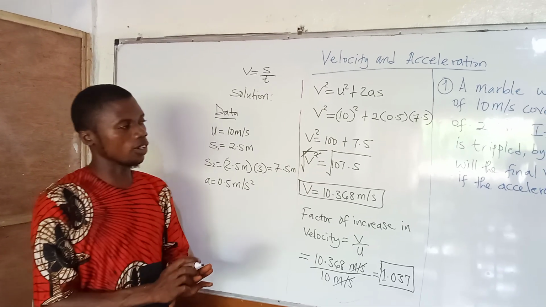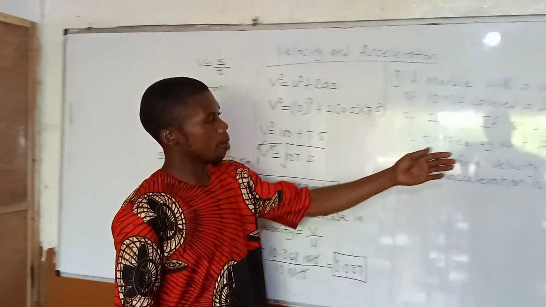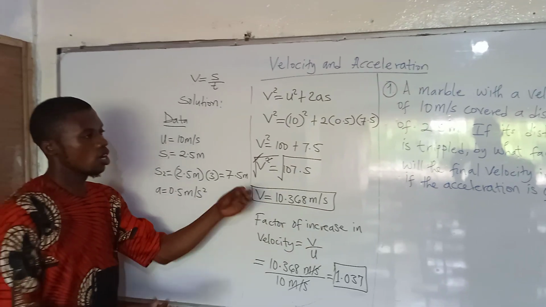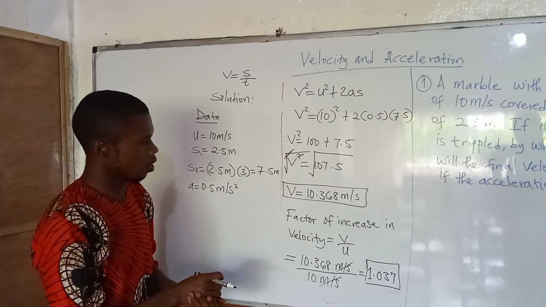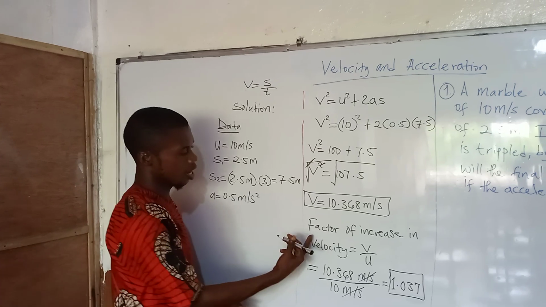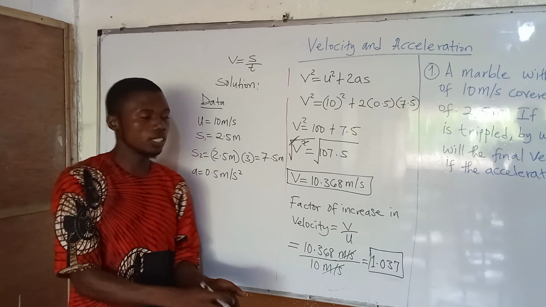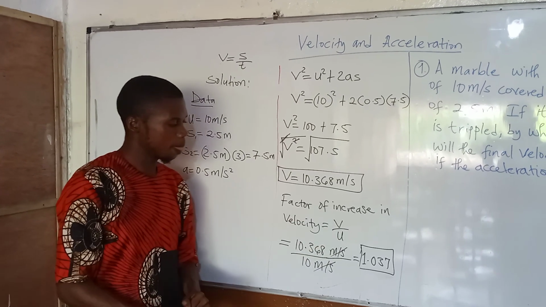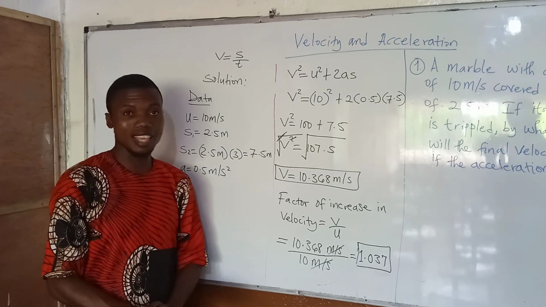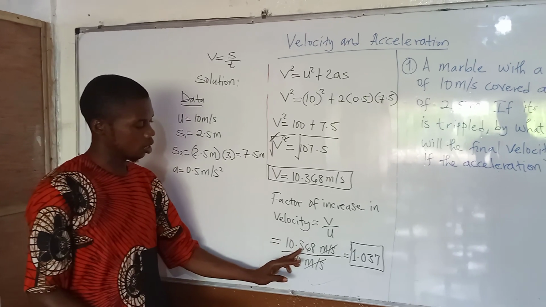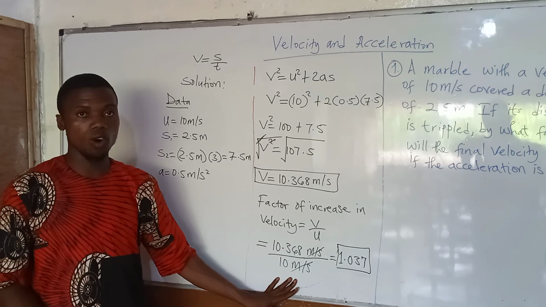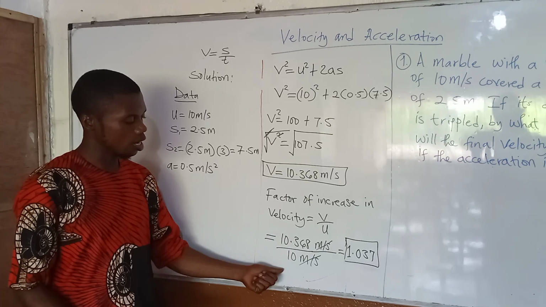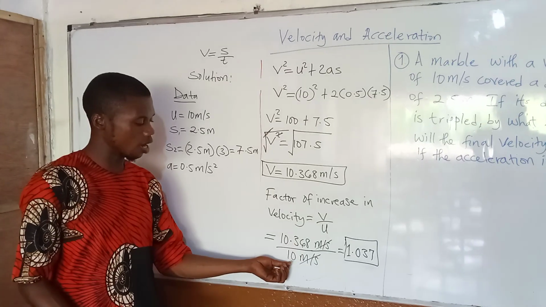Now the question is not asking us for the final velocity. The question says, by what factor will the final velocity increase if the acceleration is 0.5? To find the factor of increase in velocity, we're going to divide the final velocity by the initial velocity. So the final velocity is 10.368 meters per second, and then we have 10 meters per second for our initial velocity. Of course, meters per second cancel, and then we put this value in our calculator and divide by 10, we get